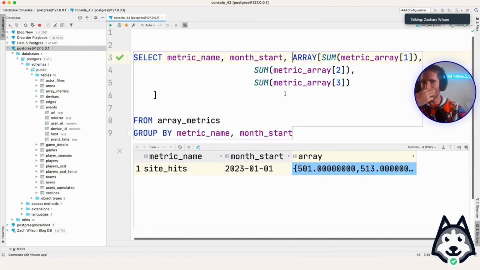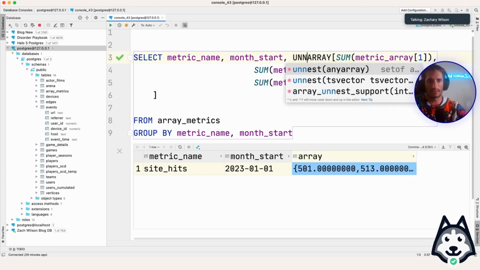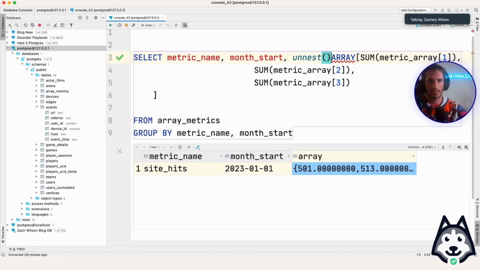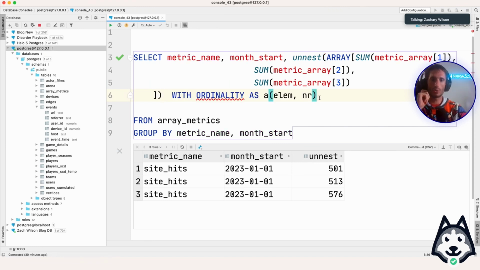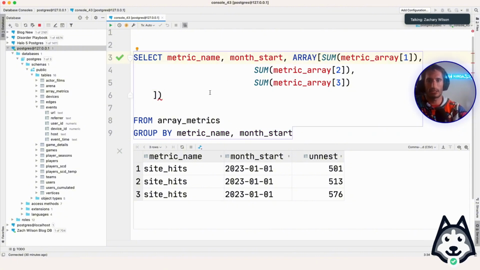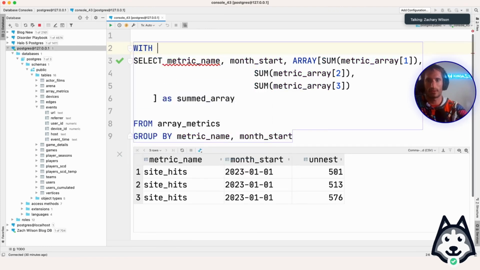So one of the things that you can do is, there should be an unnest function here that gives, okay, that worked. So what you do is, okay, I know how to do it, though. You have the array not unnested, right? And we're going to call this summed array. And we're going to say with,